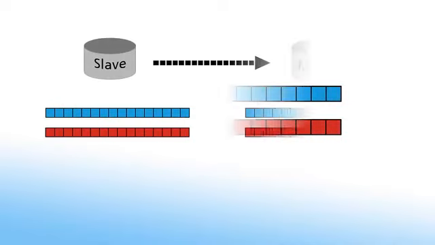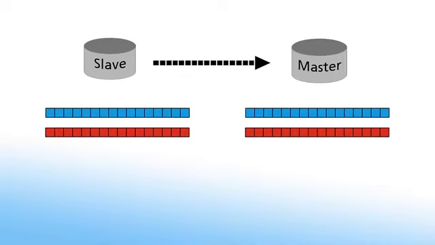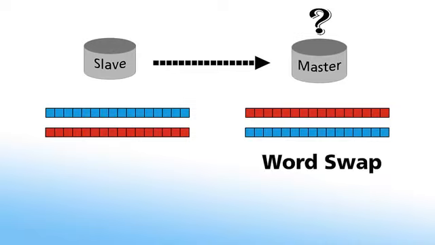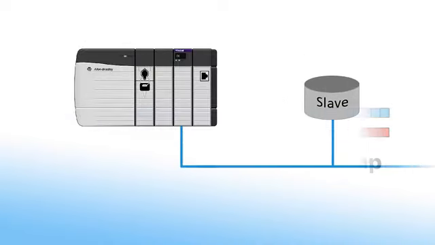The order that bytes or words are sent in doesn't matter as long as the receiving device knows which way they are ordered. If the data is not appearing correctly because the byte or word order is incorrect, ProSoft products feature a byte and word swap function, which will reverse the order in which the data is stored and sent, resolving the issue instantly. To wrap up, we'll take a look at a Modbus RTU message being sent from our